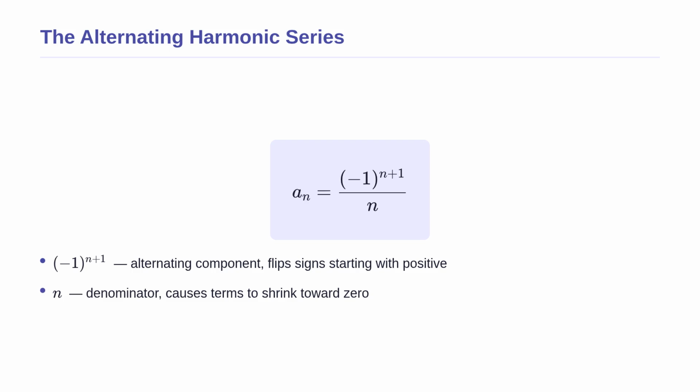Now that we have seen a successful case, let us look at a slightly more complex scenario where absolute convergence fails. We will examine the alternating harmonic series. The formula shown generates the sequence 1, minus 1/2, positive 1/3, minus 1/4, and so on. The terms are steadily shrinking towards 0 as the denominator n grows, while alternating in sign back and forth. Just like before, our approach is to take the absolute value of the terms and see if the resulting positive series adds up to a finite number.